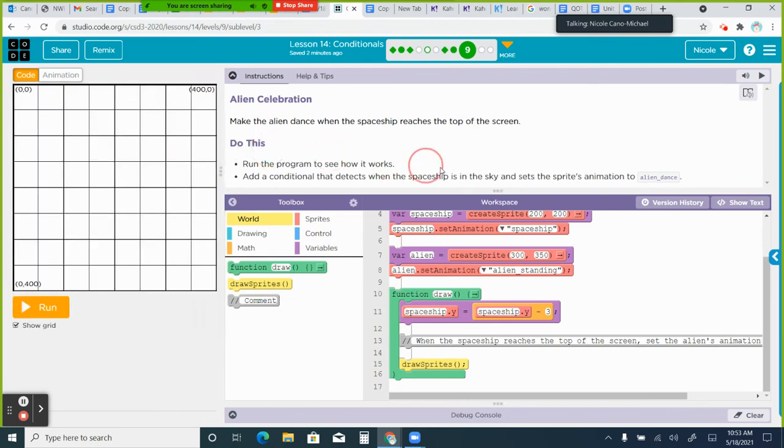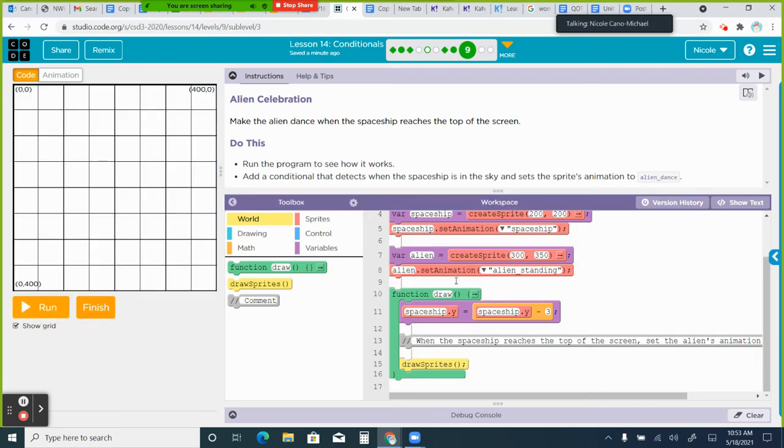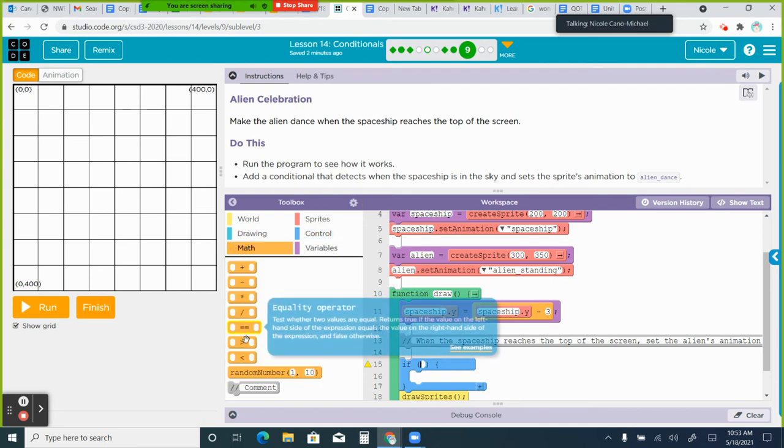Again, I like to put my grid on, but that's just me. Oops, didn't mean to do that. All right, cool. So he's supposed to start dancing when that spaceship gets to the top of the screen, which looks like about y equals 50. Okay, so reset. So I need to set a conditional. Again, I'm going to go to my control. If, again, a math greater than,